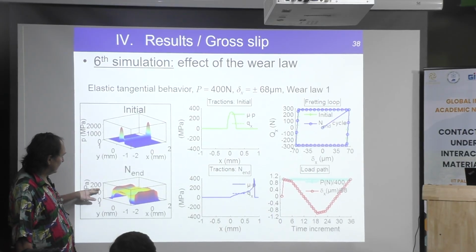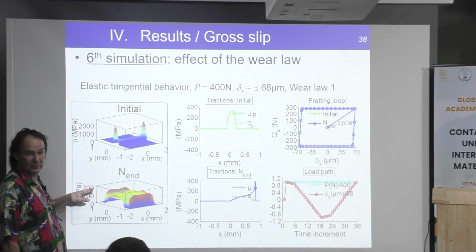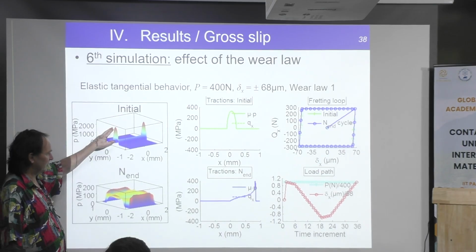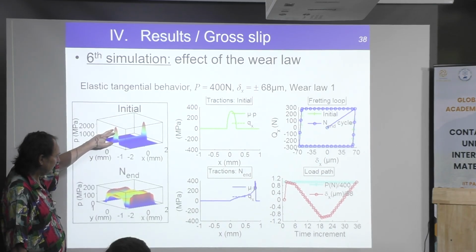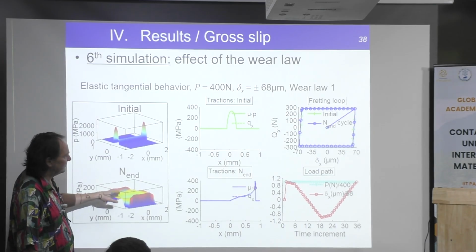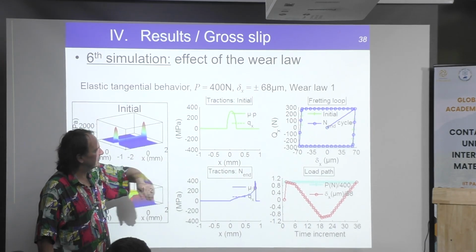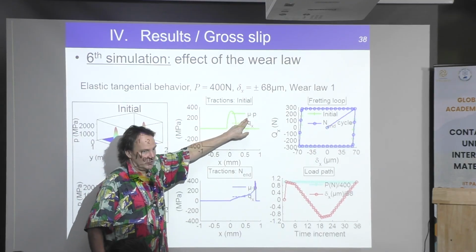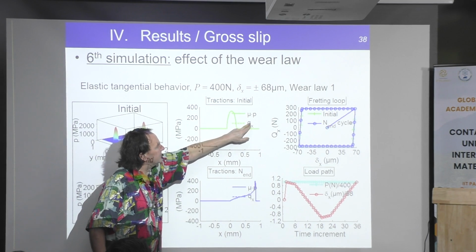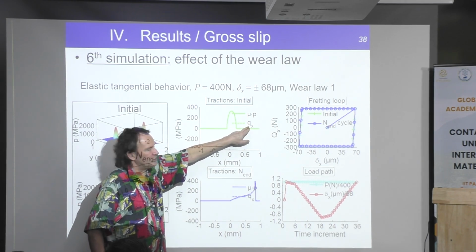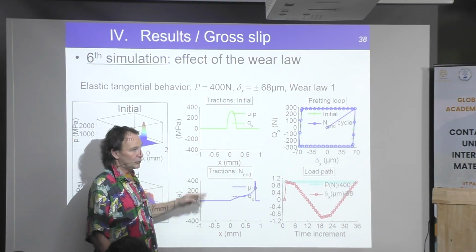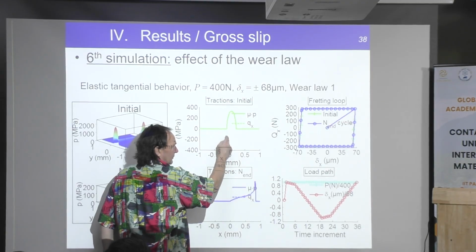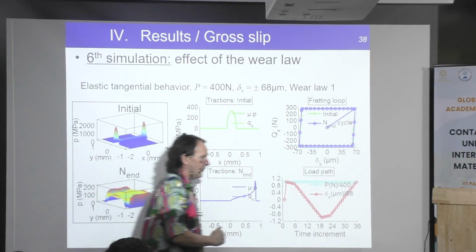You can see that the maximum contact pressure is 200 megapascal, 10 times lower than this one. It is a little more complex, but anyway. And now here there are many different results. Here you will see the contact pressure times the friction coefficient, and it is plotted as a dashed line, the shear stress. Then the shear stress should remain always below this curve and above the symmetric one.